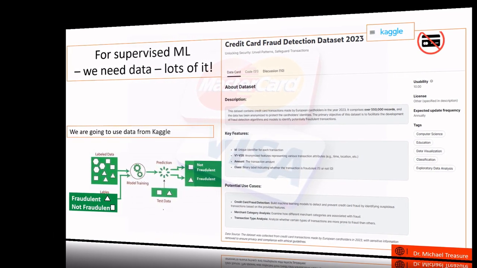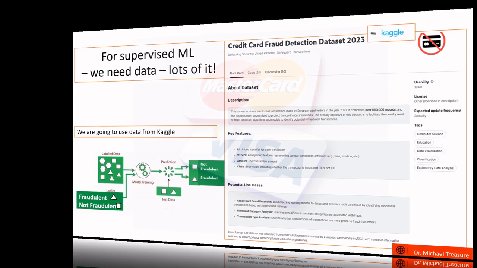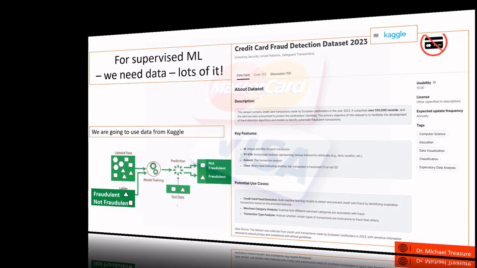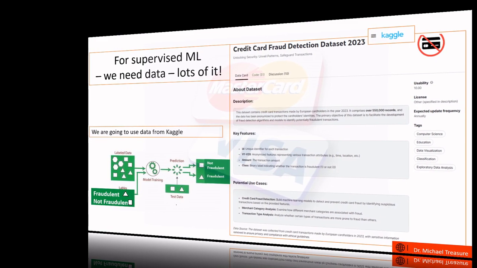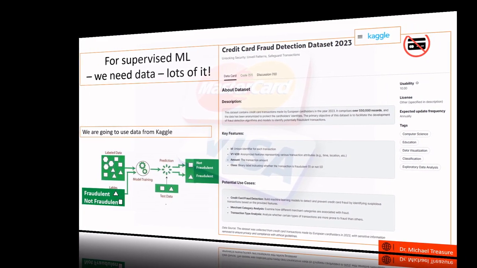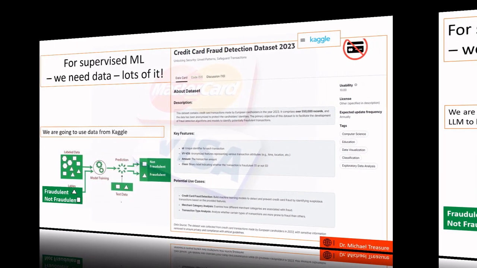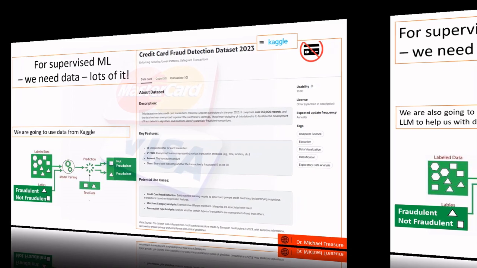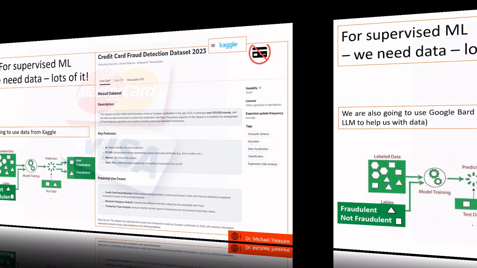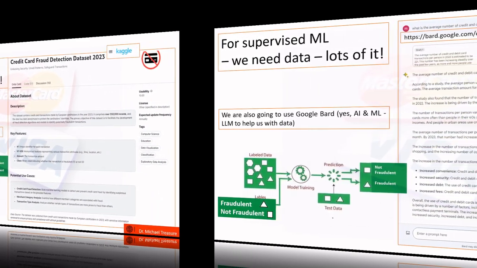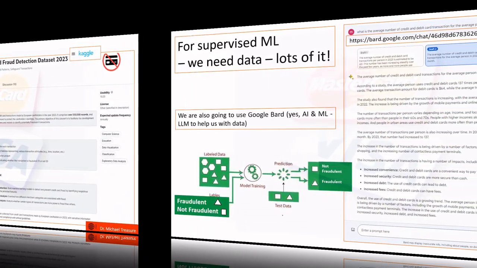Because the data set from Kaggle has been anonymized, we will need to get some help understanding the data set and getting additional data to achieve our 3 machine learning goals. For this, we're going to ask Google again. This time we'll ask Google's Bard to help with research data. Bard is a large language model built with AI and machine learning.